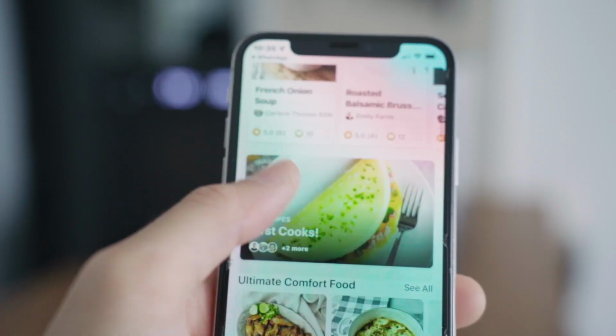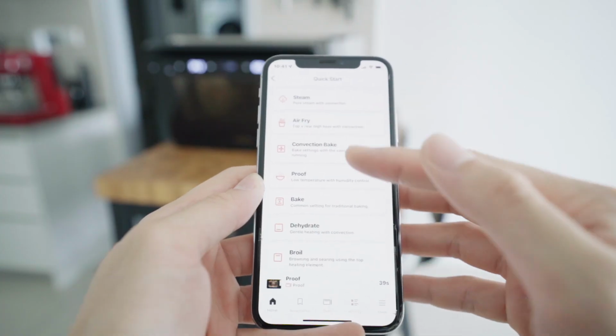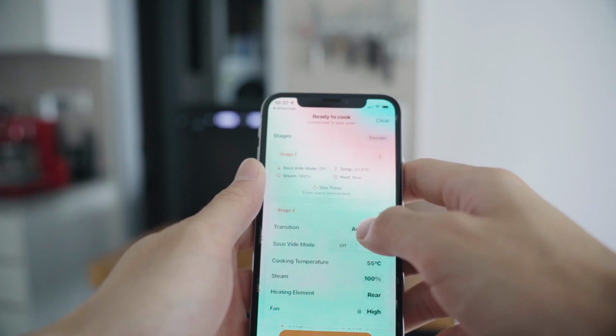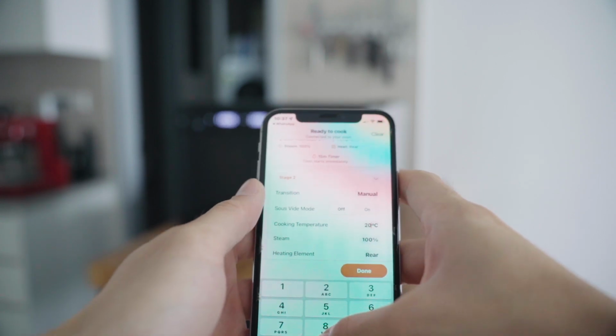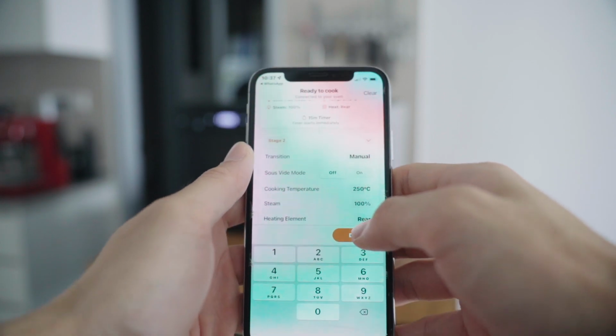There are a bunch of recipes inside there, but I just don't intuitively want to use them. The app does come with some presets for dehydrating, proofing breads, air frying, baking, broiling, you name it, right? But personally, I find those presets redundant in an oven like this where you're supposed to dial in the exact temperatures and settings that you want. Now, the stage cooking function in the app is quite useful if you need to cook something with different temperature processes, like maybe a chicken at 65 degrees Celsius first and then subsequently roasting it at 250 for a crispy